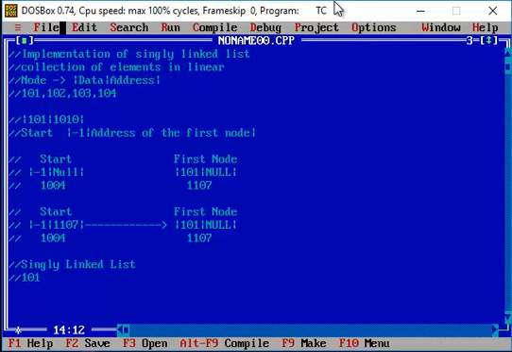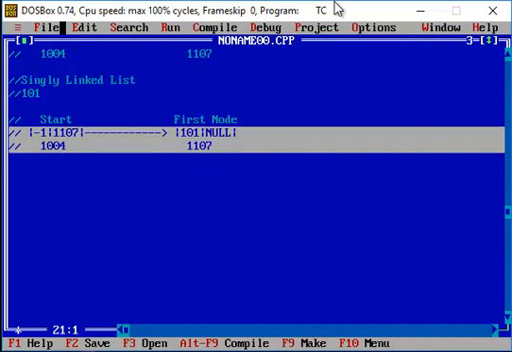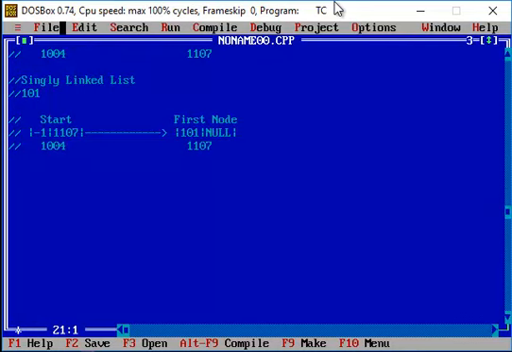Now if I want to include one more node, that is 102, in the existing singly linked list, say this is my available linked list. Now I have another node, my second node, with data 102 and an address field value equal to null.